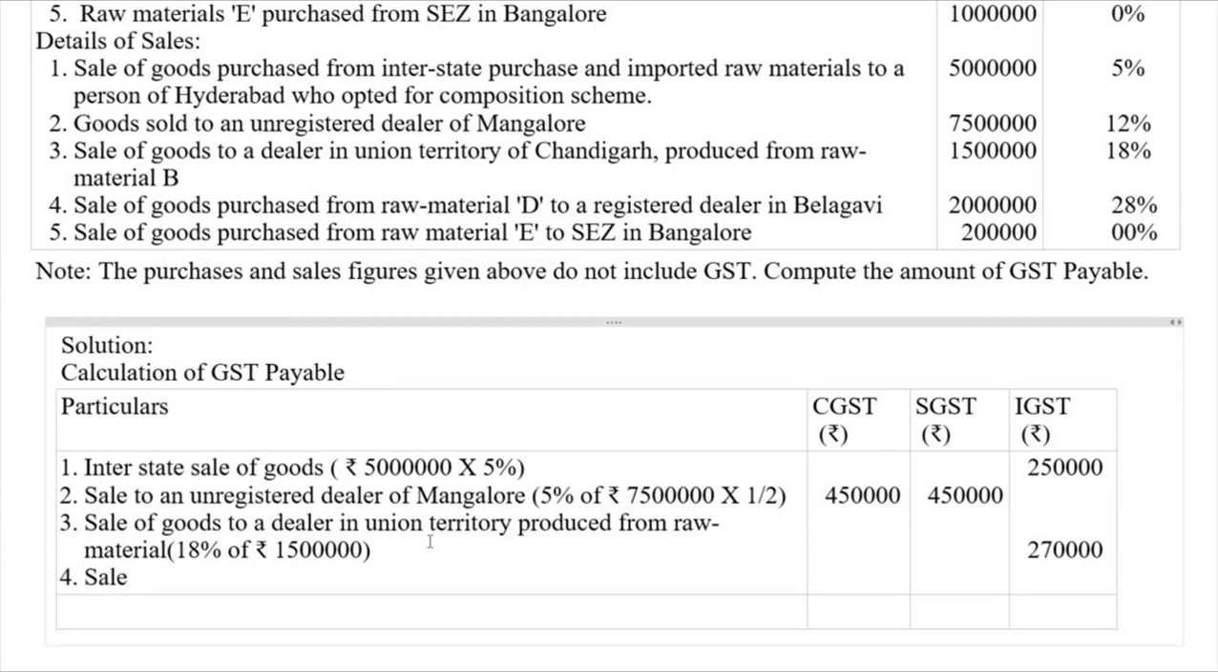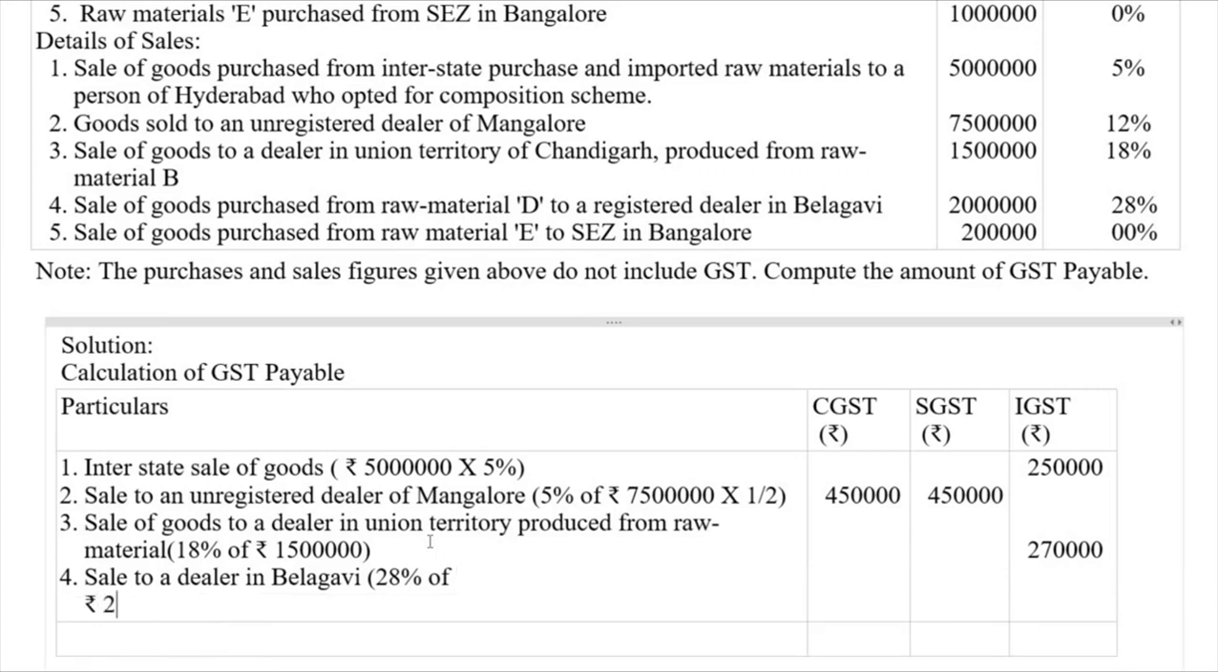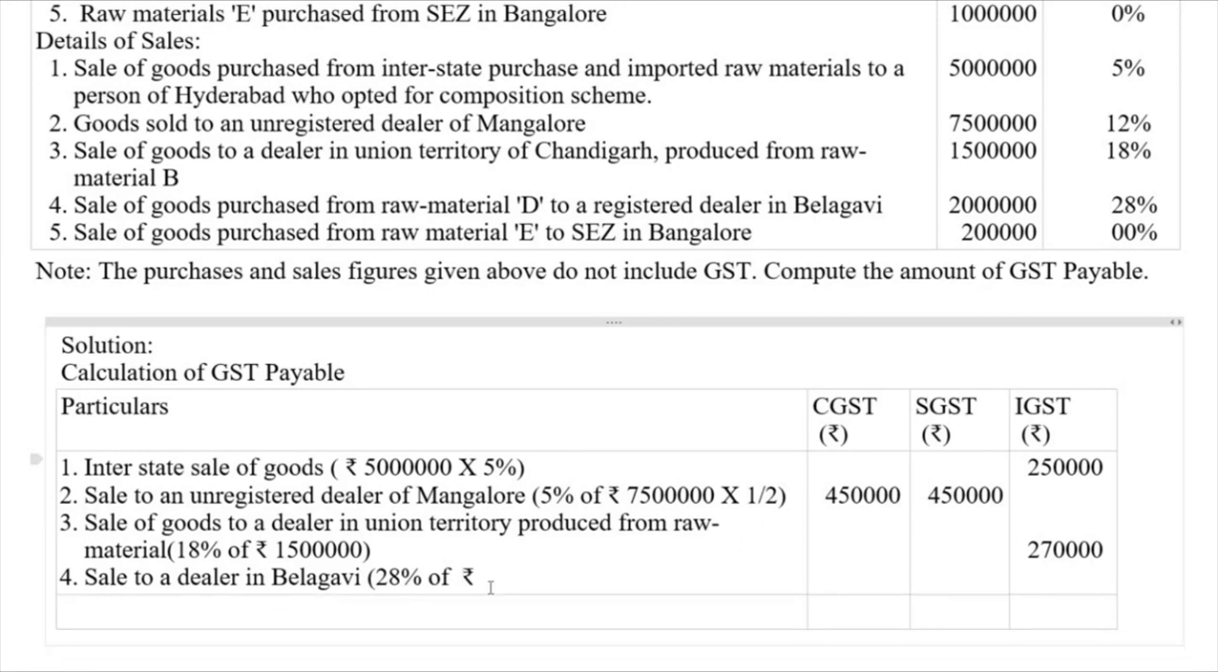sale to a dealer in Belagavi. So the rate of GST here is 28%. The value of the goods sold here is given as rupees 20 lakhs. 20 lakhs multiplied by 1 by 2 because the rate of GST remains same here. So it comes to 5 lakh 60,